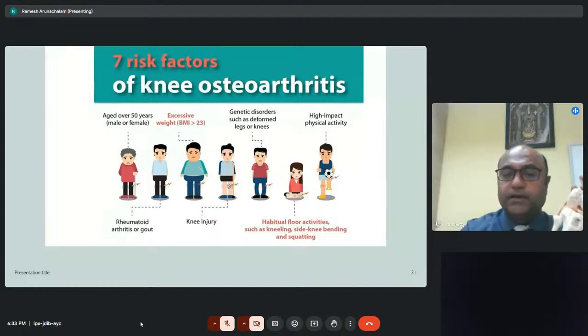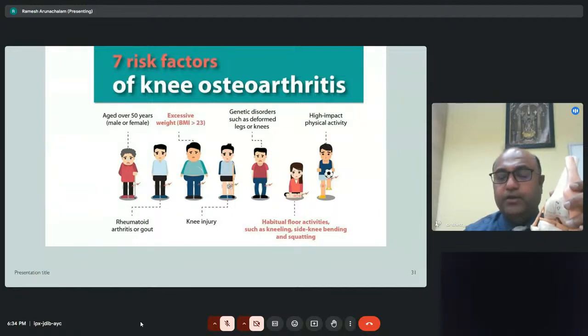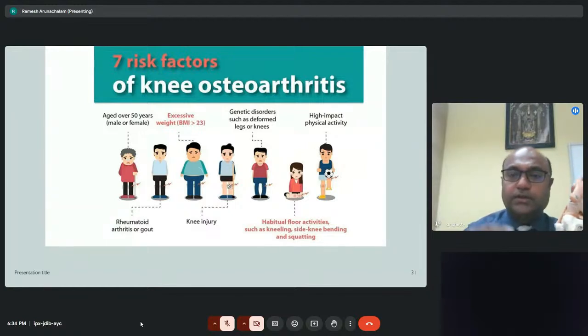These young girls can be again treated with osteotomy. They can go on to have a very, very healthy life. And finally, if you are into high impact activity like CrossFit, like jumping from heights, etc., then you need to be careful. You need to have a very good trainer, a good rehab specialist, a good knee specialist to guide you as to how you need to keep your hip muscles, core muscles, knee muscles strong so that the impact